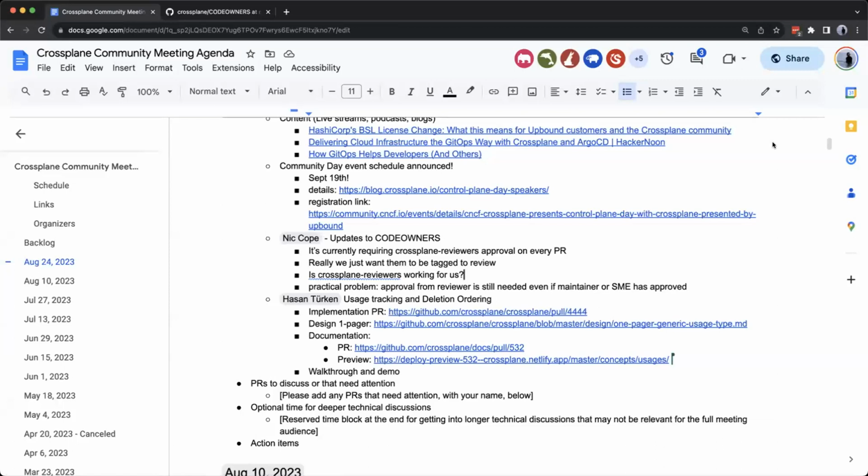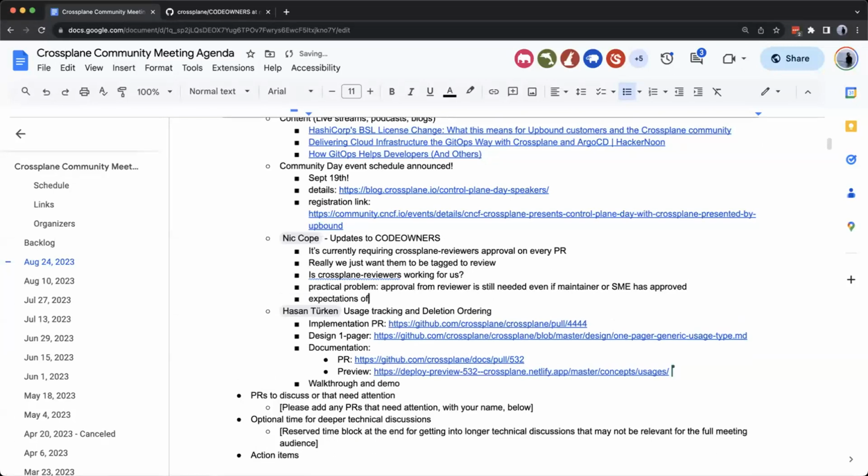Yeah, I just wanted to say I agree. Sometimes we had some hiccups, but it's also sometimes depending on who's the author, it's okay if an author is from the reviewers group and there is an approval from a maintainer, it's fine. But if it's the reverse, it's not. So there are a few inconsistencies, if I recall correctly. Maybe it's the other way around. I can't remember, but there are a few inconsistencies with the way we handle the number of reviews required. So totally agree to review that.